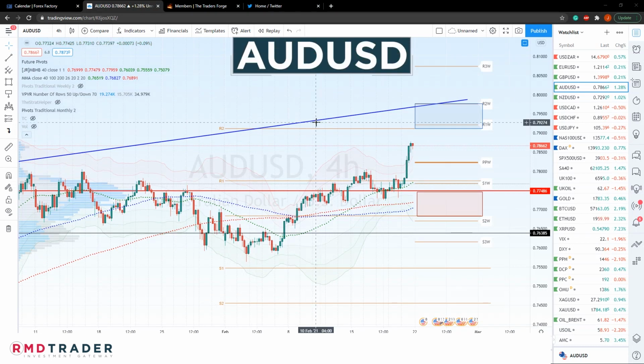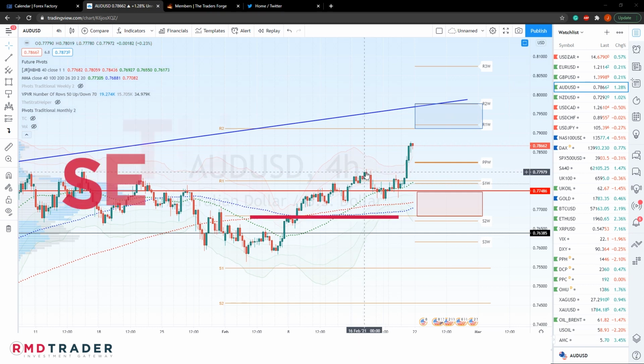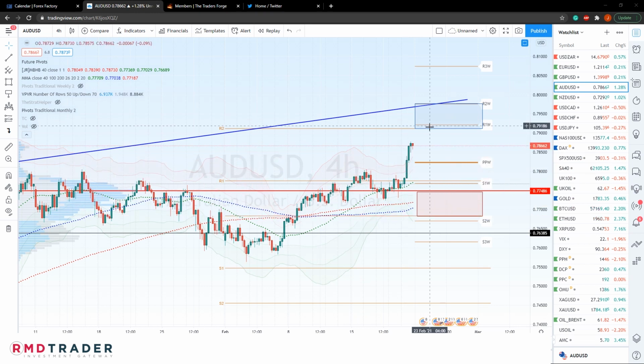Having a look now at the Australian dollar to USD. Once again, our bullish trend continuation call turned out to be very true, with our initial target at 0.780 quickly being reached. There's still a lot of scope for our bullish scenario, with targets somewhere between our 0.79 monthly R2 and weekly R2 at 0.797. Definitely not